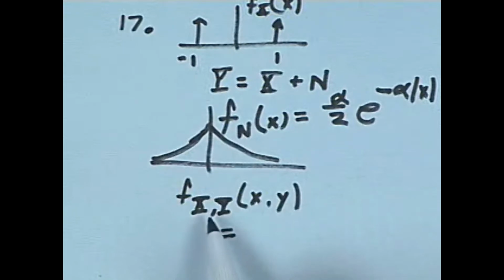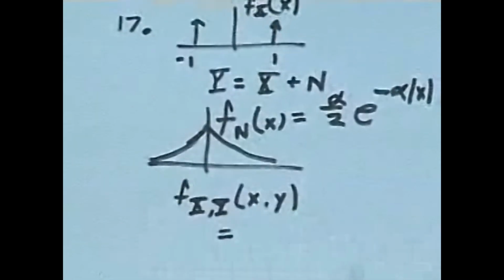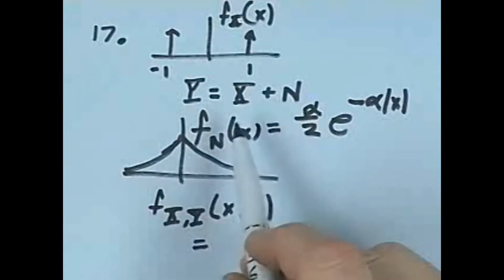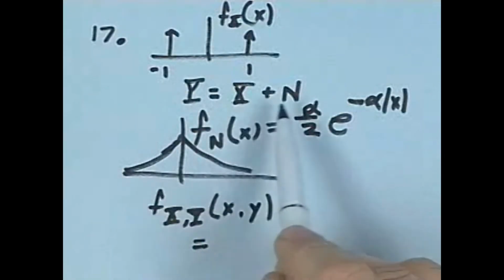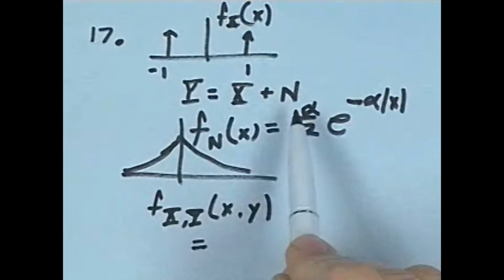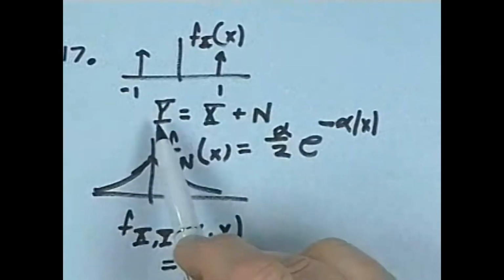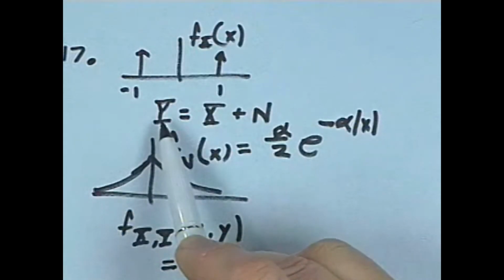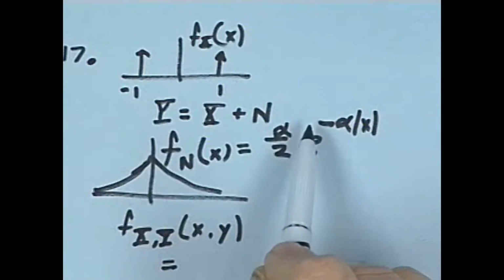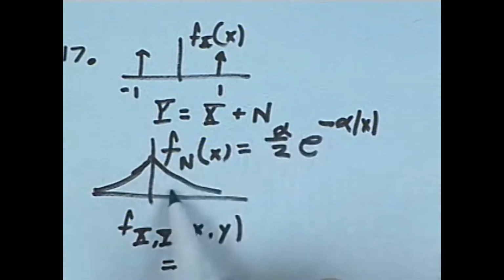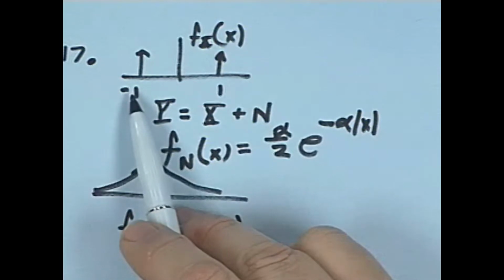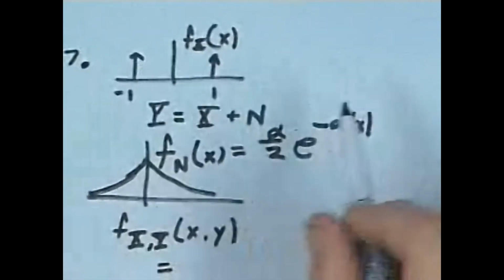What I was going to do is actually to generate this equation, because there are some things that immediately shout out at us here. One is that x and n are two random variables which are independent from each other. So how do we get the density function for y? We convolve these two, correct? What happens if you convolve something with a delta function? You get back the thing centered where the delta function is.